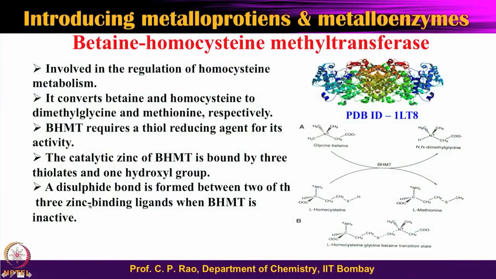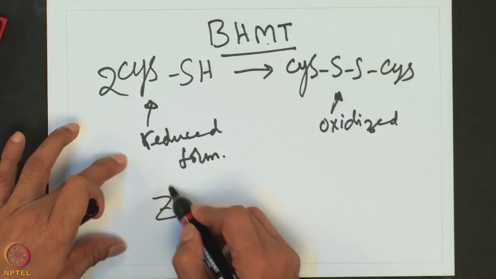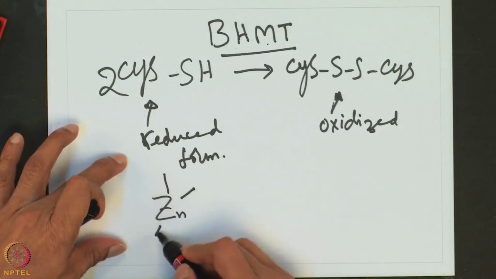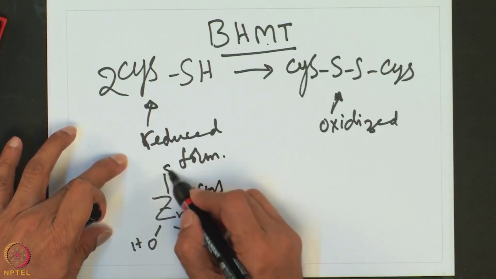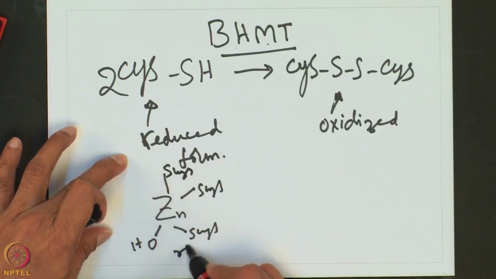So, a disulfide bond is formed between two of the three zinc-binding sulfur ligands. As we have seen, there are three cysteines, and of these three cysteines and the zinc, two of them will form a disulfide in the oxidized form, and in the reduced form they convert to the coordination. So, zinc having one, two, three cysteine and hydroxide S cysteine in the reduced enzyme,